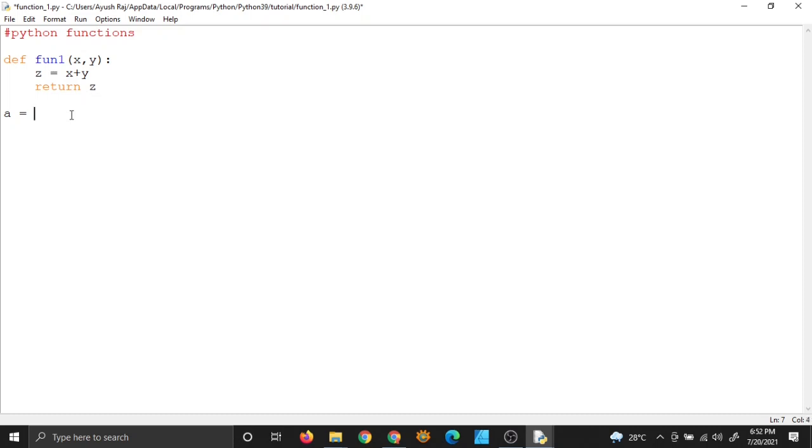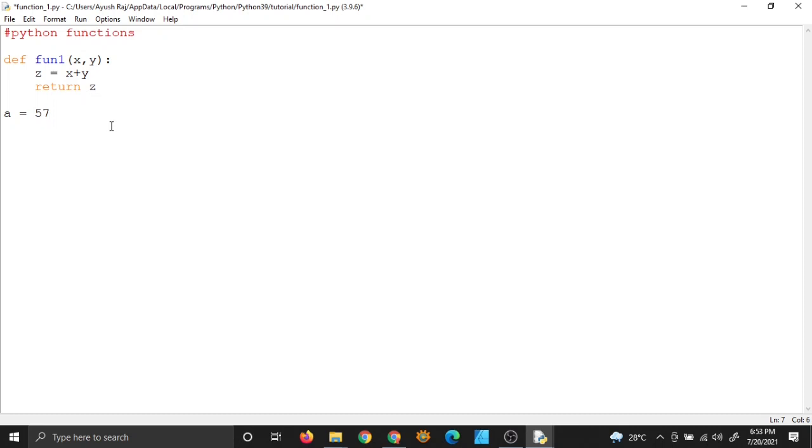Let me do it again. So this function will run itself. It will run itself as it was running itself earlier. But since we have put the return statement, what will happen is this function will run and it will replace itself with 57. And why 57?